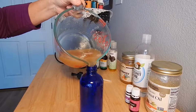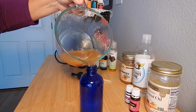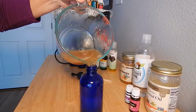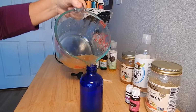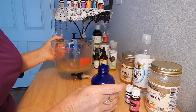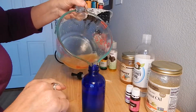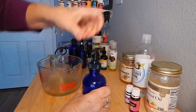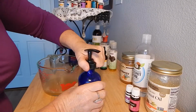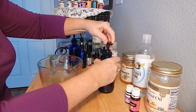So I'm going to fill, and it's getting almost, okay, so that's getting pretty full. I don't like it to be all the way at the top, because when you put the pump in there, it does displace some of it, and you don't want it running over the top, and you don't want to waste it. Okay, so